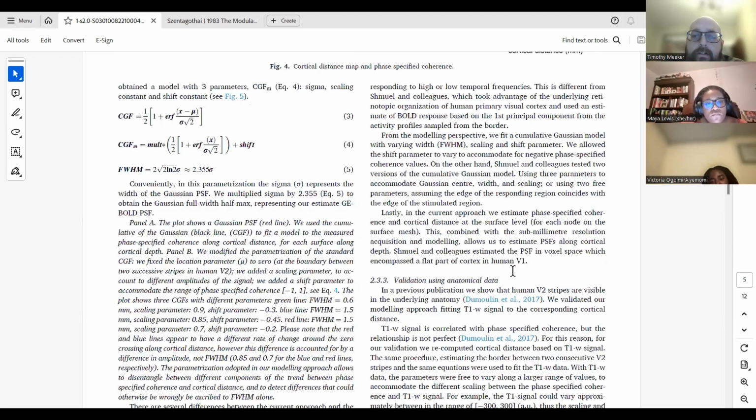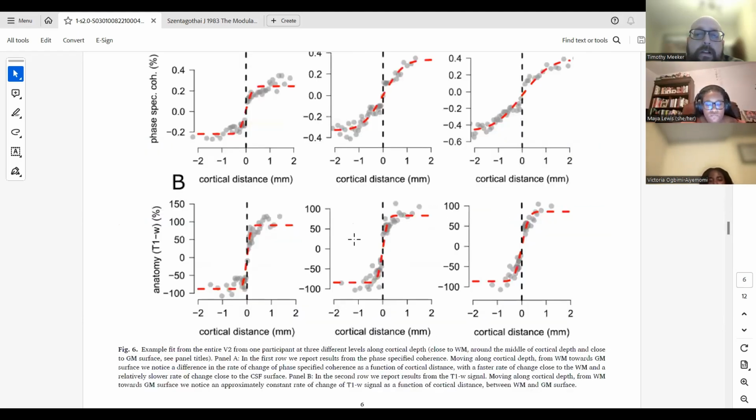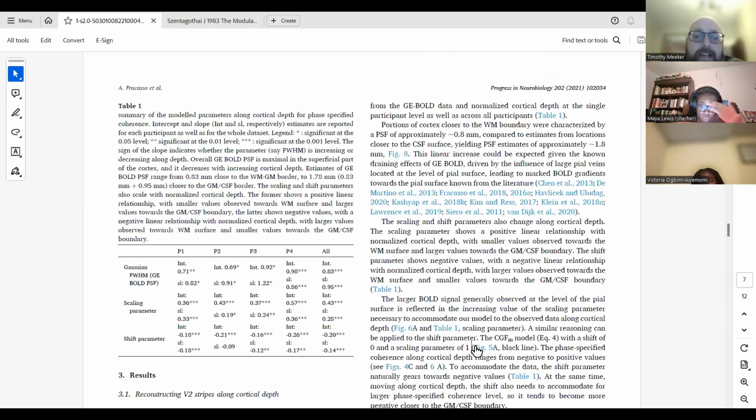It's not super great. Now they're going to try to convince us a little bit more with some better phase coherence maps. But again, you can see, you go from 0 to 1, or you reverse the signal within 1 millimeter. So this is 2 millimeters actually, because you're going across -1 to 1. And then you might get down to 0.5 to 0.5. So this is the maximal spatial resolution really of